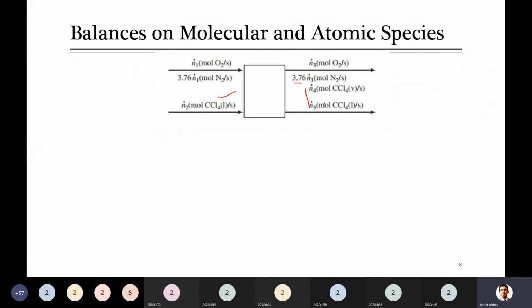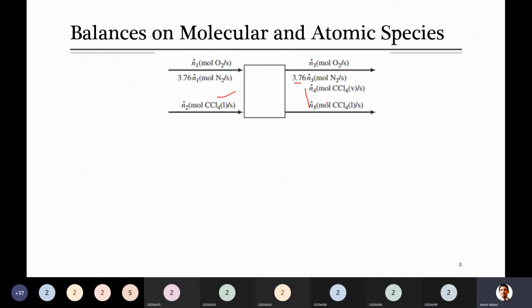So if, for example, you write the balance equation at the moment, just ignore any reaction or that stuff. Just write the balance, for example, for oxygen. I'm saying ignore accumulation as well as reactions. So if you write the balance of oxygen, what do you think? What will be the balance? Input is equal to output. Yes, input is equal to output, and actually your equation will be N1 is equal to N3. Do you agree? Yes, sir.